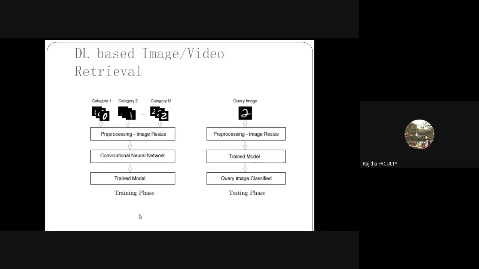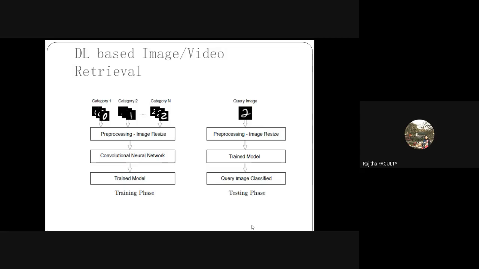I'm not going into the depth of CNN in today's lecture, but CNN is capable of doing all of them. It works block by block on the image, and it continues to the end of that block. It extracts features block by block, then it's a trained model. So you have built a trained model, then you need to have a query image at the end and test accordingly on that trained model.